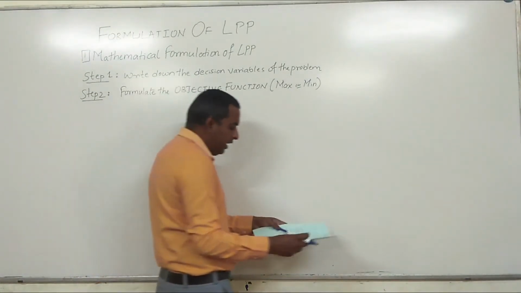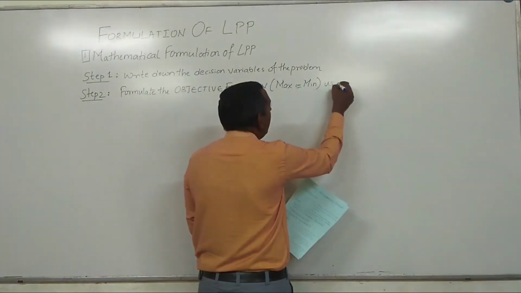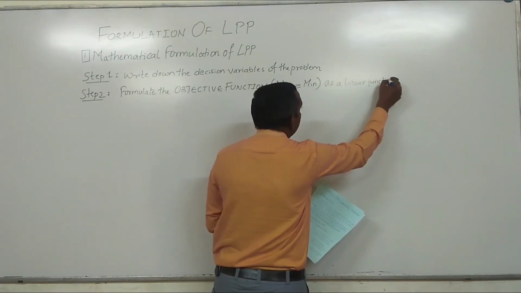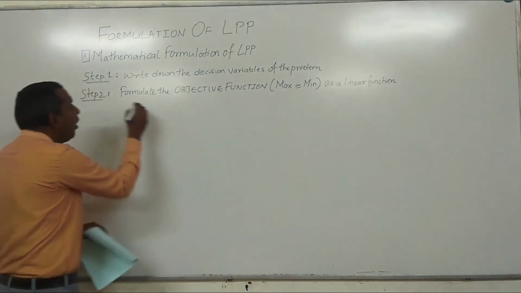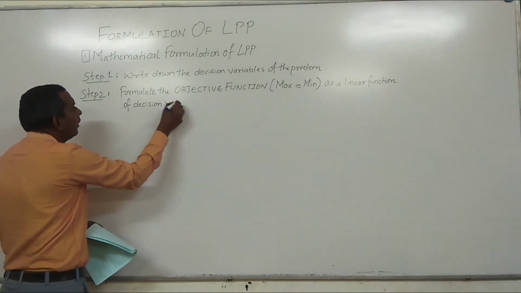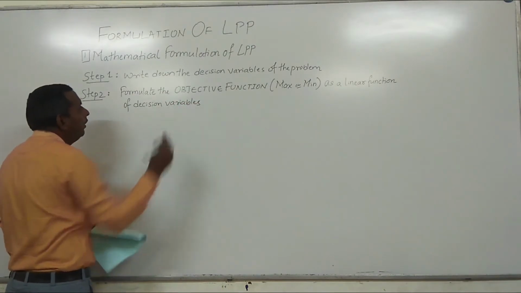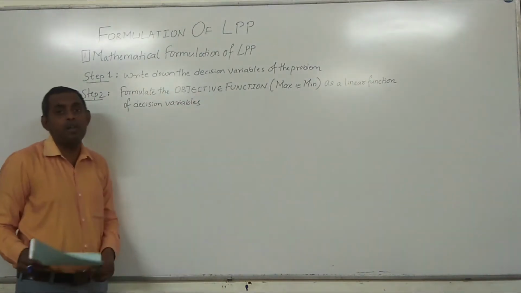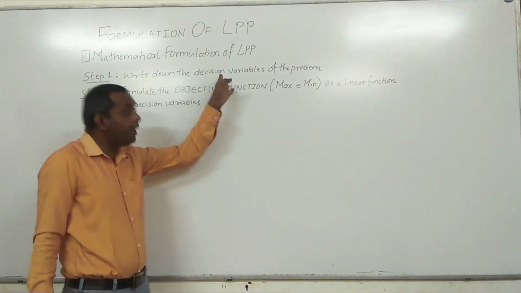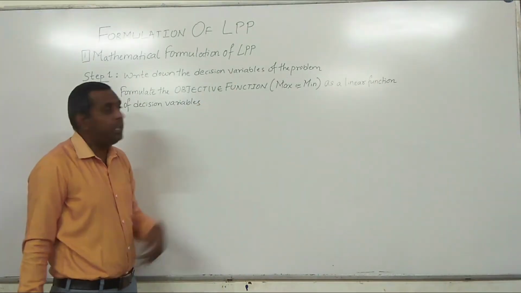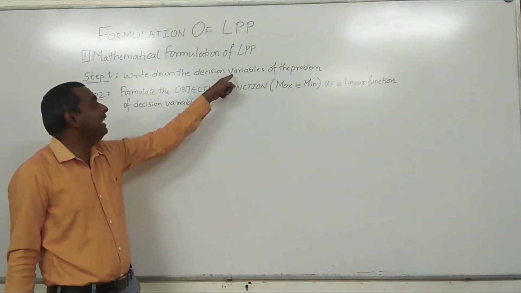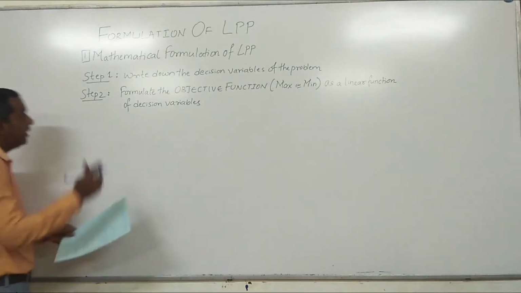So as a linear function of decision variables. Let us have a relationship between step 1 and step 2. First of all, in step 1 we write down the decision variables. Then we prepare the objective function, whether it is to be minimized or maximized, as a linear function of these decision variables. Whereas step 3,